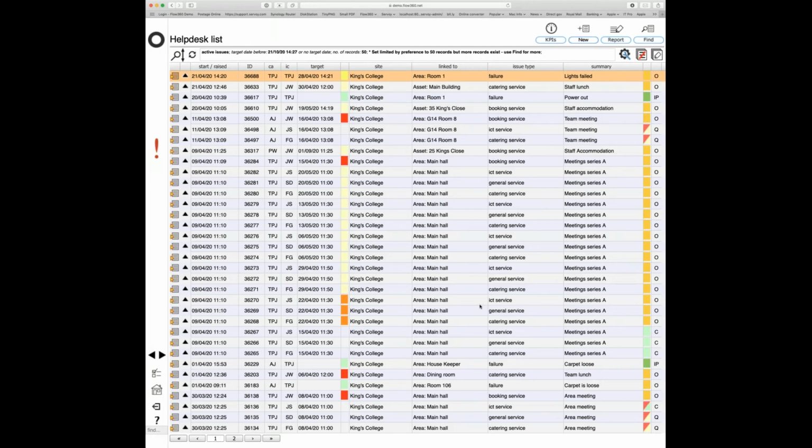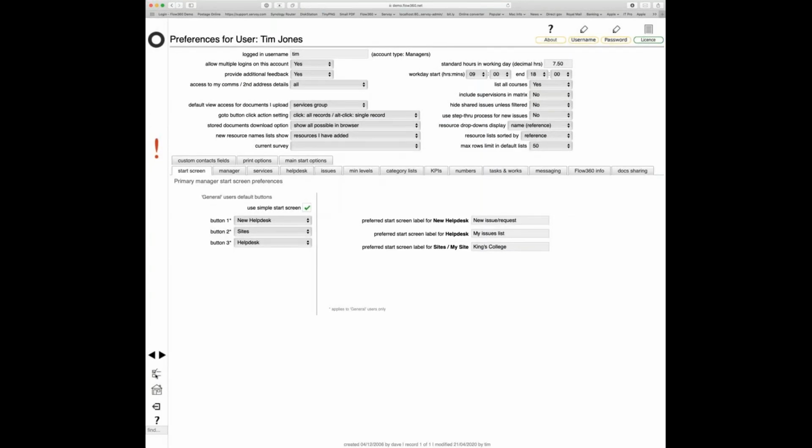And very often, actually, the ones you're interested in are the ones that have been added most recently, rather than the ones that are sitting around on the list from a while back that are still waiting to be attended to because they're on hold or because we've set the target dates a little bit further forward. So one of the things we've added in is a quick way really just to reduce the clutter a little bit